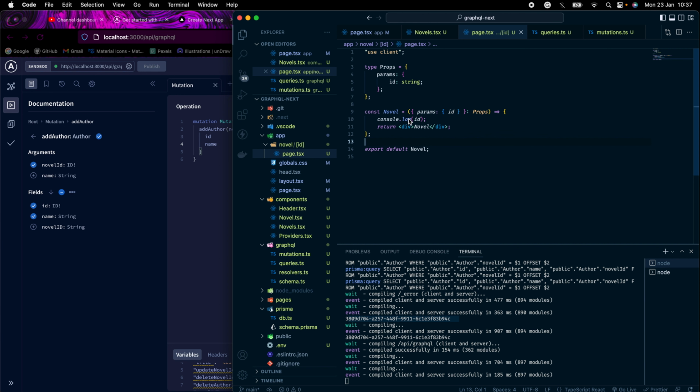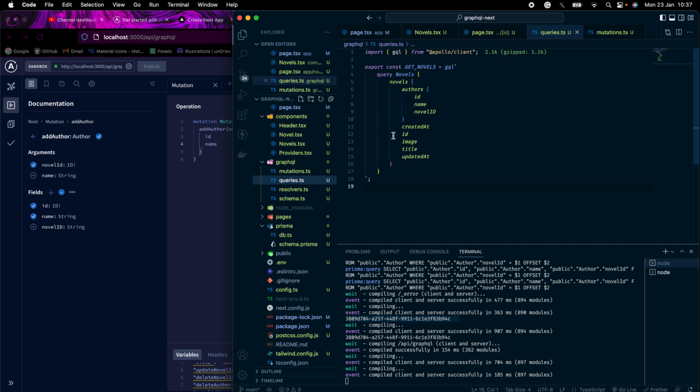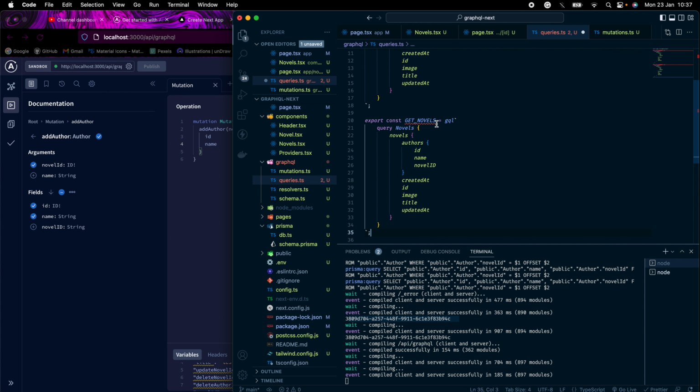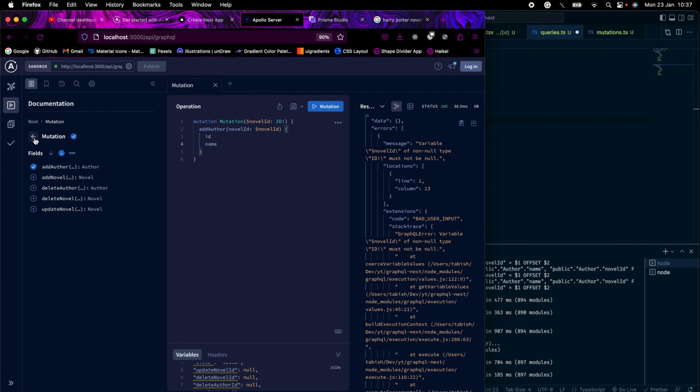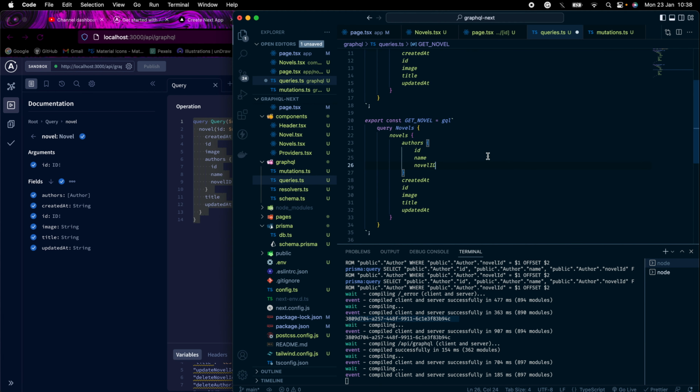Next, what we'll do is we'll get the individual novel. So for that, we'll go back to queries under GraphQL folder. We'll copy this out. We'll paste it here. We'll call it get novel. And let's head back over to Apollo server. Go back, uncheck mutation, query, novel. I'll get back everything, including the authors. I'll copy this out and I'll paste it here. Also rename this to ID